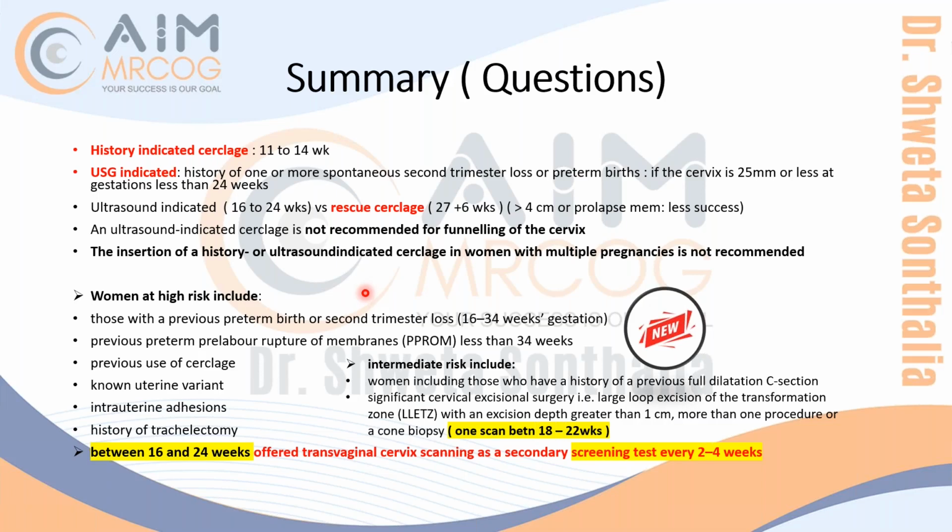Summary, my dear: abdominal cerclage you will do when the vaginal cerclage has failed, which has been done in ideal condition. Means it has been done electively. You have tried Shirodkar after McDonald's. These are the 2 things where you have done it electively, not the emergency, and you have done it in the best way, like Shirodkar, which is the most effective of vaginal. When these 2 things fail, then only you will go for abdominal. And in abdominal also you will go for laparoscopy interval one. Clear now?